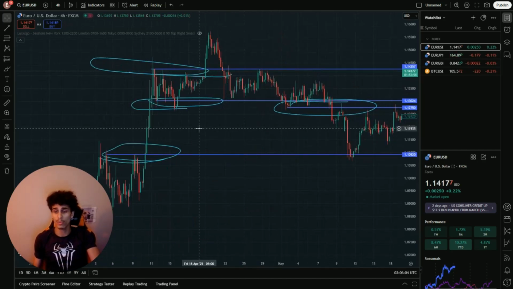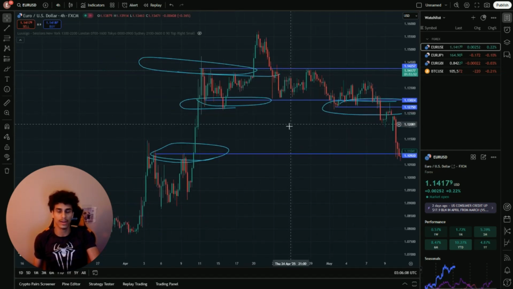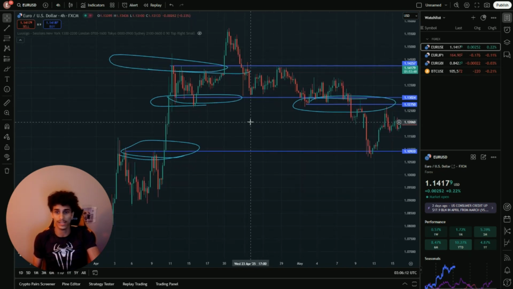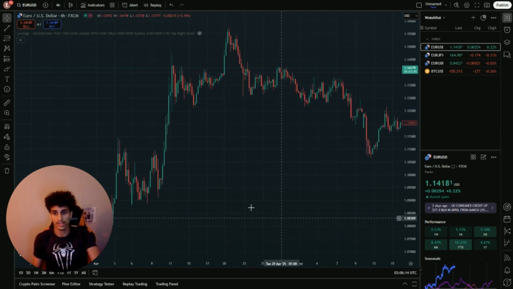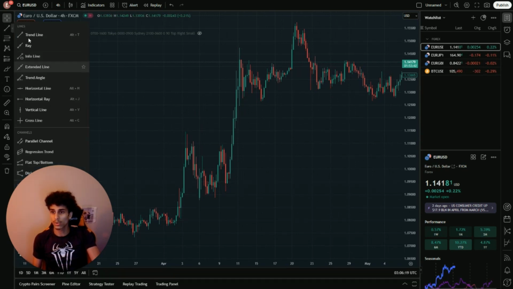Alright, we want to look at how we can identify it, and honestly, on a real chart, it's not that hard. As you can see, I got all these points plotted out, and I did that in a matter of seconds. So let's go ahead and remove this, and let's go to one of them that I put down. Let's move this out of the way. So looking at this,